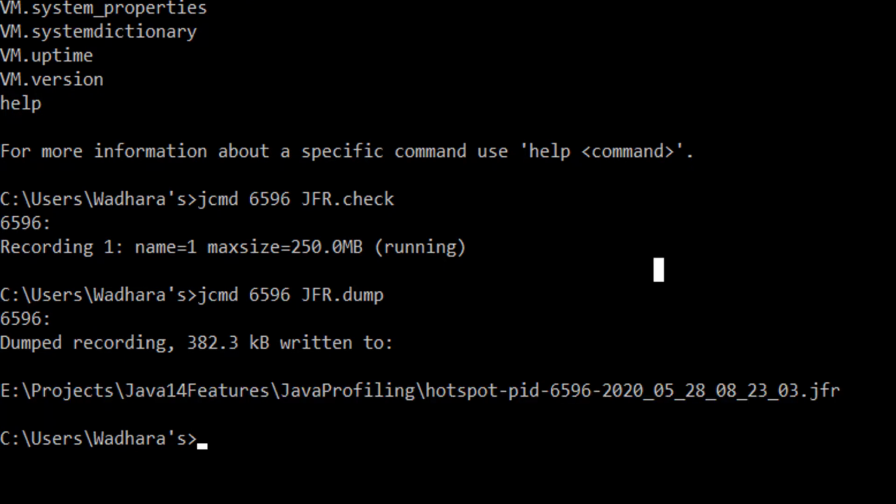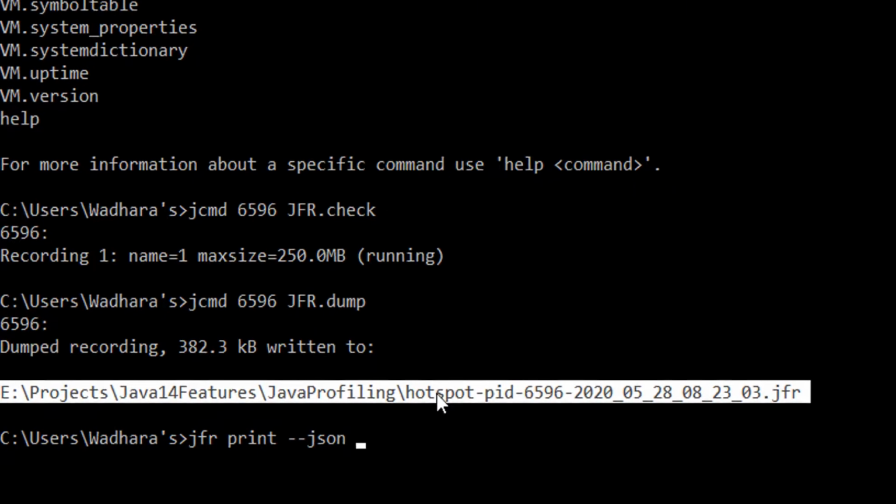What can you do with your JFR files? You have many options with the JFR tool. The first is printing the contents of your JFR file. So you can print a particular event such as CPU load or garbage collector or your custom events, or you can print all the contents of your JFR files with this tool. So let me show you how. You can invoke jfr, then print, then the format like JSON or XML, and then you can choose the file path.